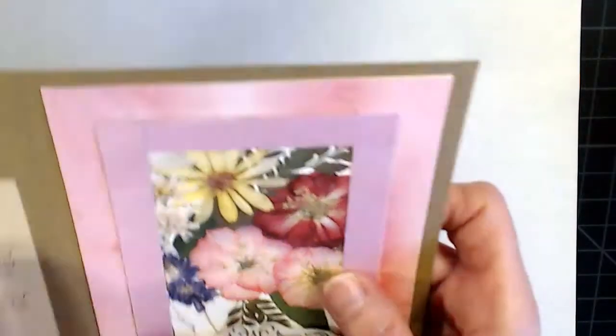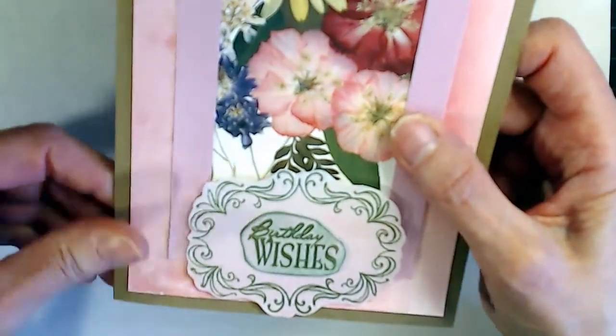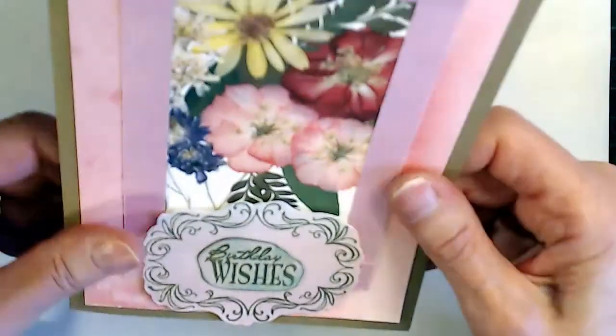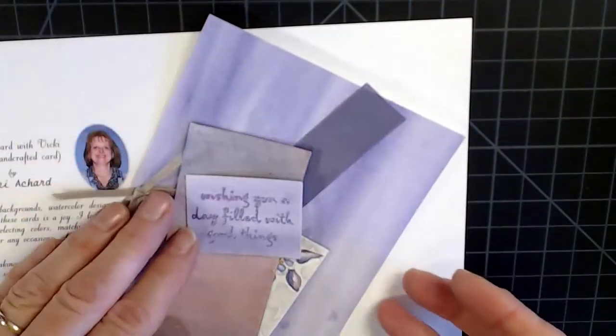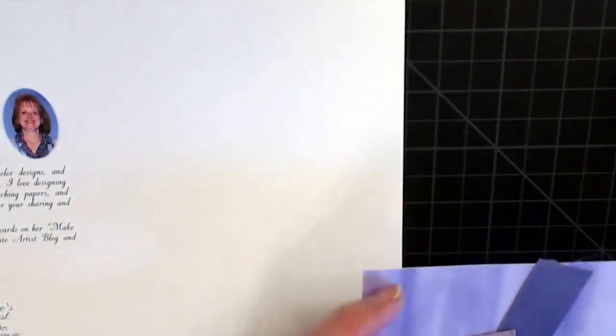I think it makes a really pretty card, don't you? There, I love it. I love the colors. I think that's why I enjoy making cards so much. Okay, and our next card is going to be the birthday card, or the Mother's Day card. Okay, these are all of the materials that I cut for this one. And what we're going to do is we're going to put a panel